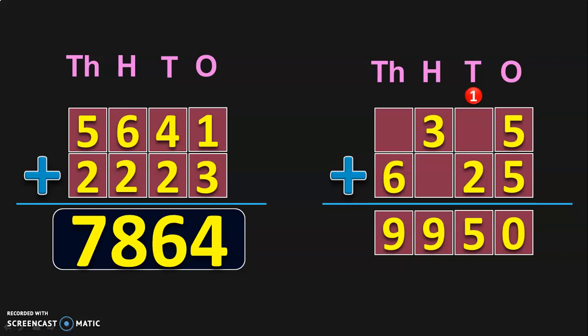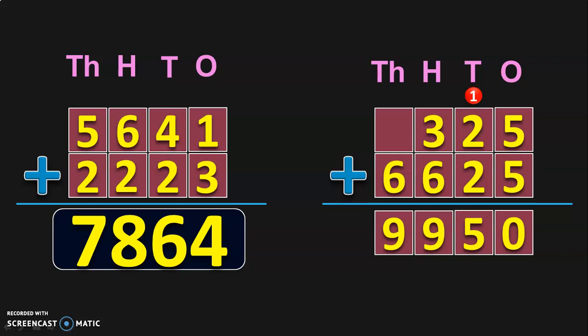Now you have 1 plus dash plus 2, which is going to give you the answer 5. So we know that 1 plus 2 is 3. So you need a 2 to get the answer to be 5. So fill 2 in the blank over here. Next move on to the hundreds place. 3 plus dash will give you 9. 3 plus what will give you 9? 6. So in the hundreds place the number will be 6 now.